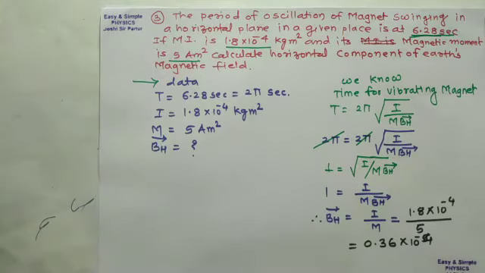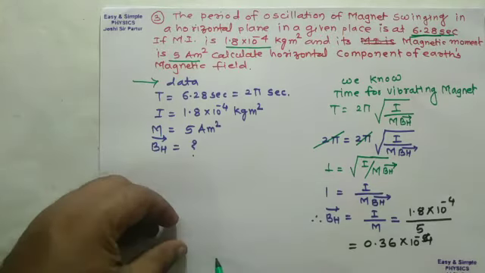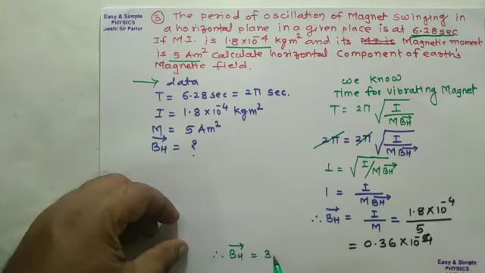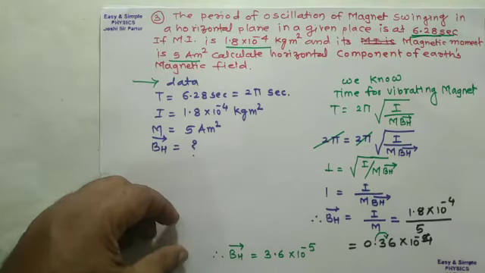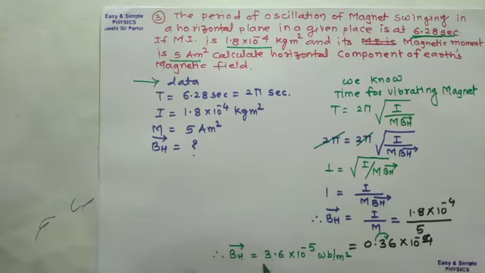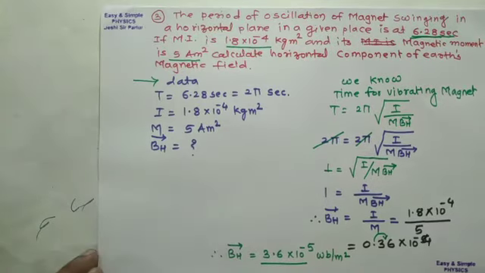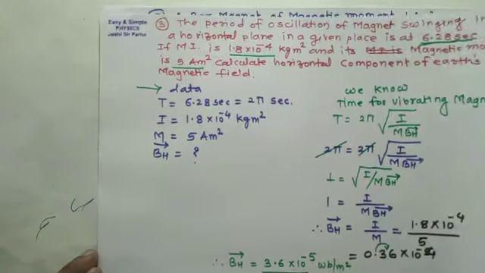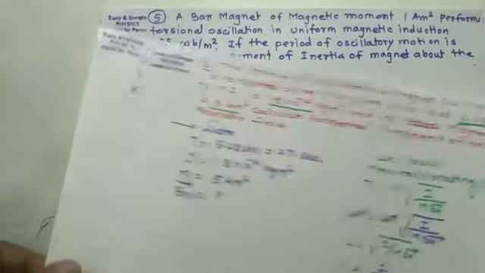So the horizontal component of earth's magnetic field, that is vector BH, will be 3.6 into 10 to the power minus 5, because the point is shifted here. 10 to the power minus 5 Weber per meter square. That is the answer for the third question. Again, we have seen the fourth question,